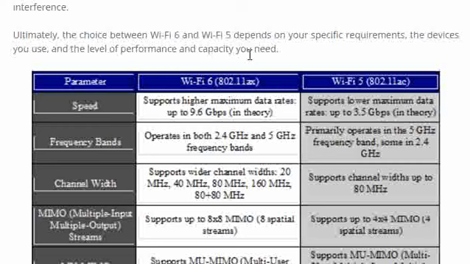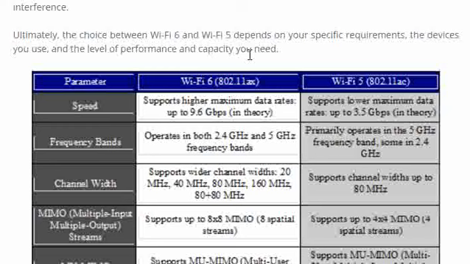And then frequency bands. So 802.11ac, or Wi-Fi 5, operates majorly in the 5 GHz band, and there are also some bands in the 2.4 used by Wi-Fi, whereas Wi-Fi 6 uses both 2.4 and 5 gigahertz frequency bands. And coming to the channel width,